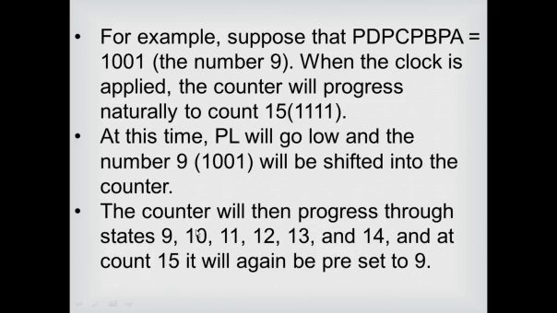So this way, how many states are there? 9, 10, 11, 12, 13, 14, and then again it will repeat, starting from 9, 10, etc. That means 1, 2, 3, 4, 5 and 6. So this way it is operating as a modulus of 6 counter. But suppose, think about it, the counter is given a system clock at CPD. That means if the counter is operating in a countdown mode, what will happen?